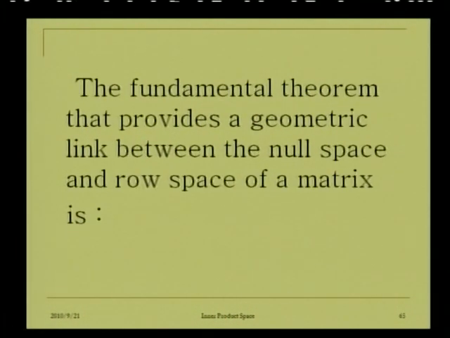Now, the fundamental theorem that provides a geometric link between the null space and row space of a matrix is, before going for this result, what is the null space of a matrix? The null space of a matrix, say an M by N matrix A, is the solution space of the system of homogeneous linear equations Ax equal to 0, and the row space of a matrix is the space generated by the row vectors of the matrix. And so the result is